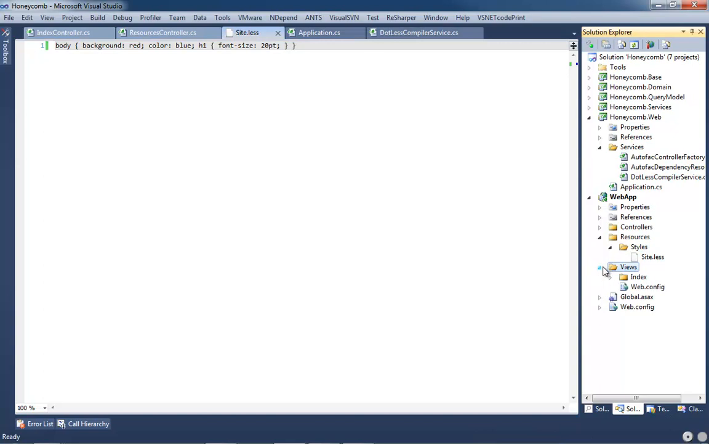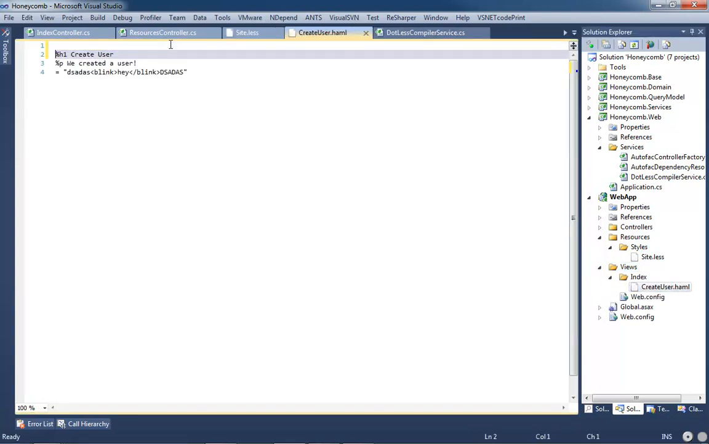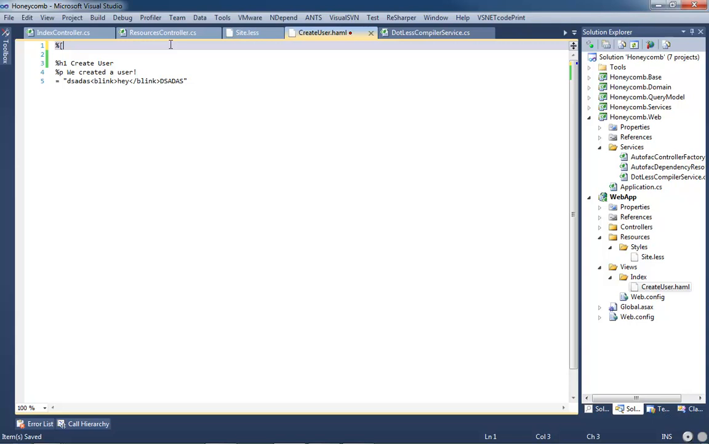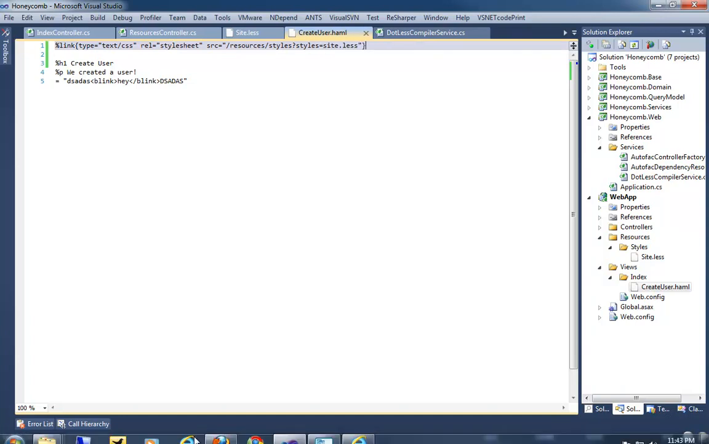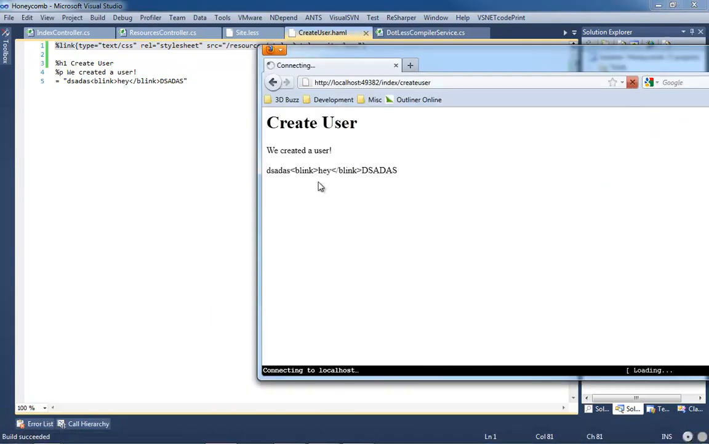And then in our view, our index, create user, we're just going to go ahead and do a, first try, style, or a link, sorry, type equals text CSS, rel equals style sheet, source equals resources styles, styles equals site dot less. And then if we build this and we don't get any errors, it should